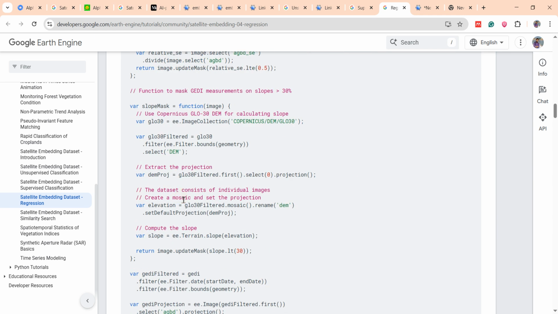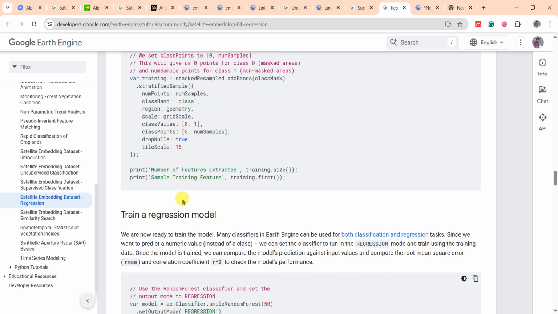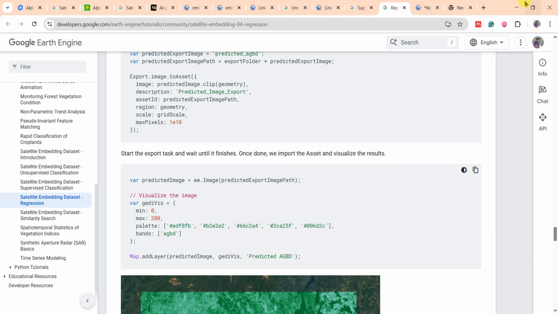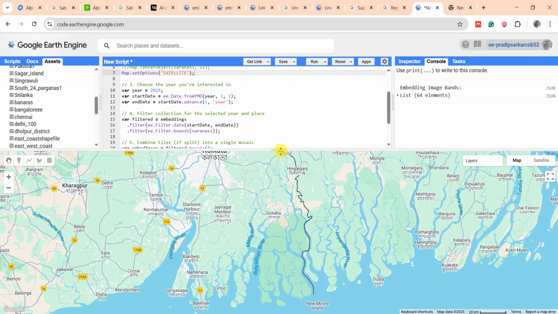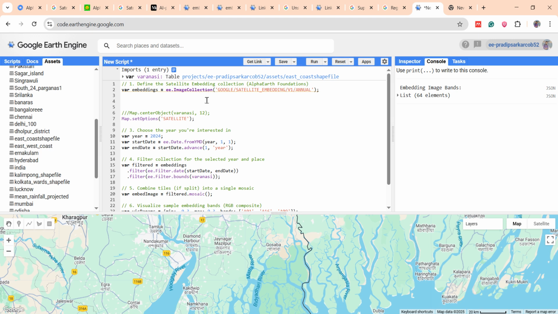Till now I'm exploring the AlphaEarth Foundation satellite embedding dataset, and when I explore more, I will upload more videos. This is just simple code I have explored for my training purpose. The area I have chosen is the east coast of India, and then for the satellite embedding dataset you just need to write down